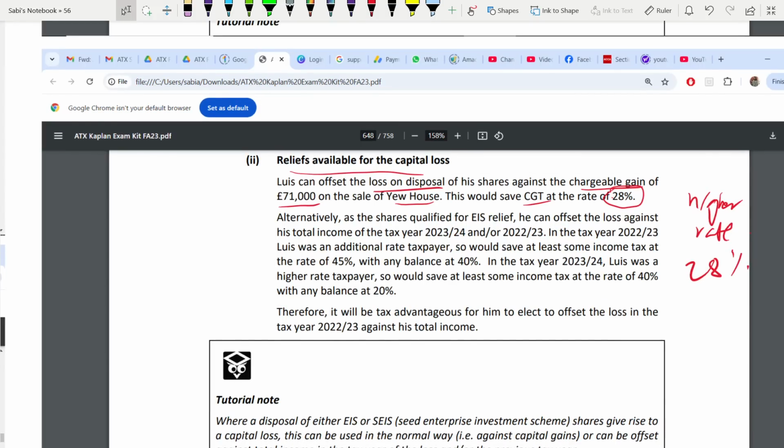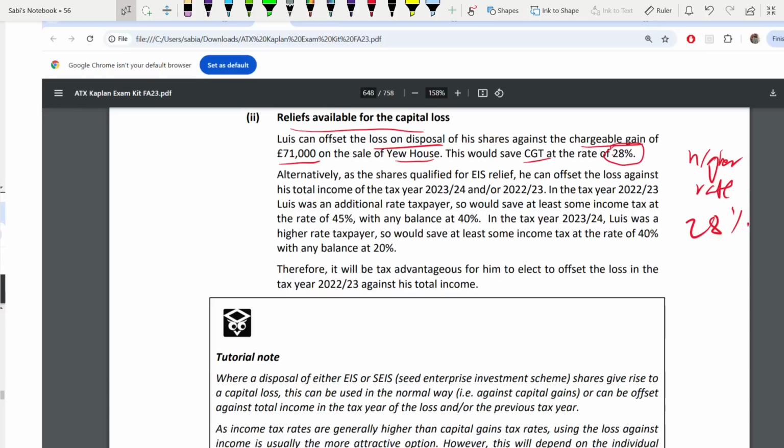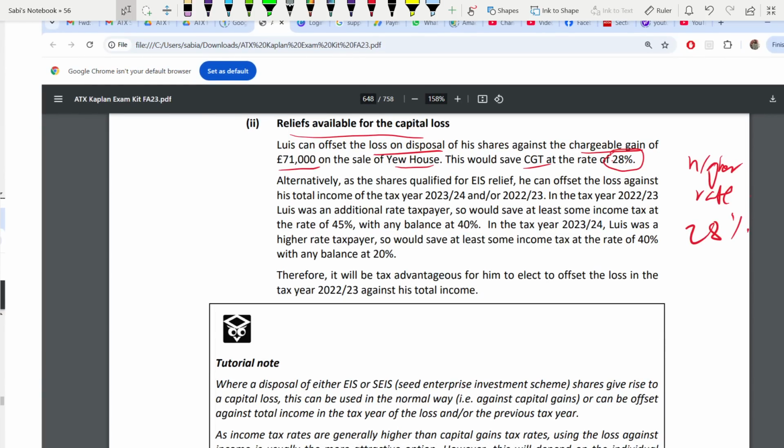Now remember, you have to talk about options of reliefs. This is just the rate that you are going to save. Options you will talk about here. These are the options, this paragraph. And then you have to decide which is the best. You have to give the options. So because they qualify for EIS relief,